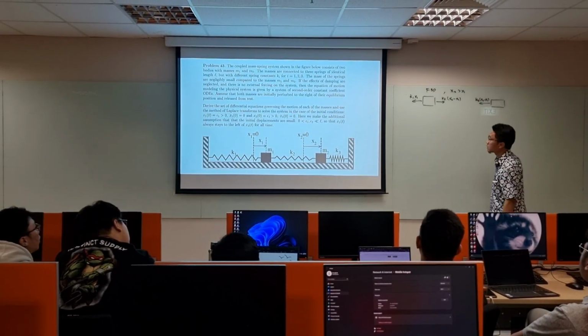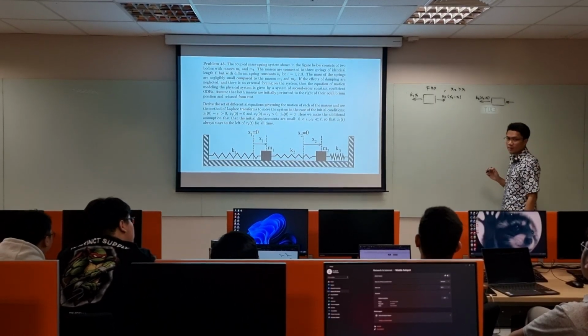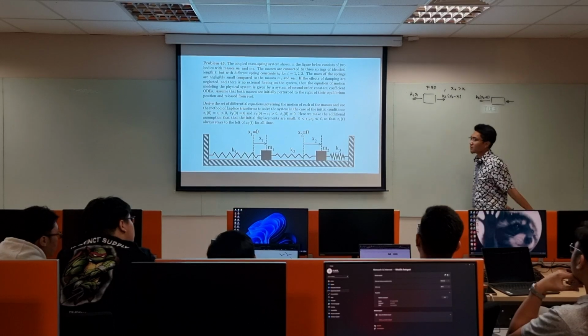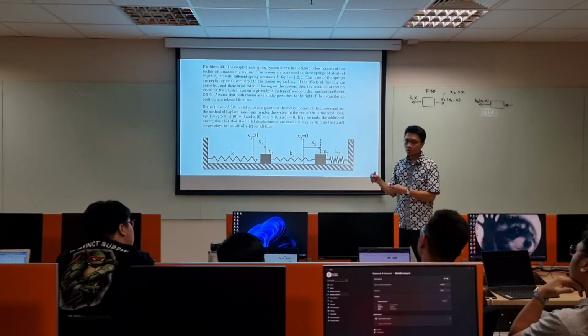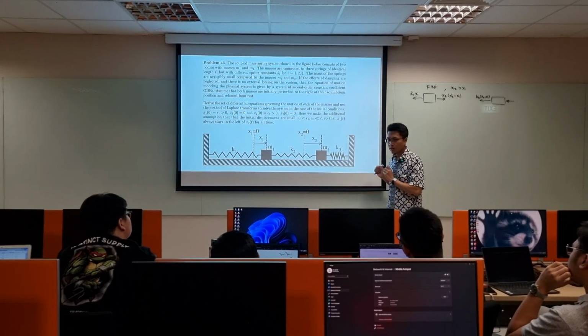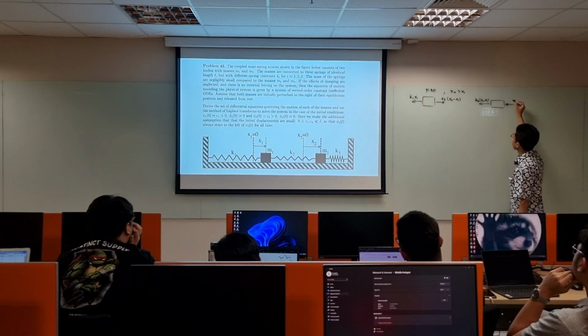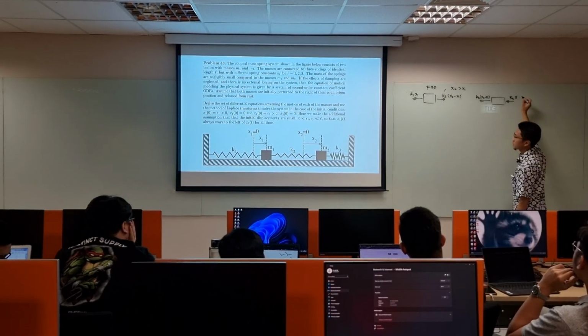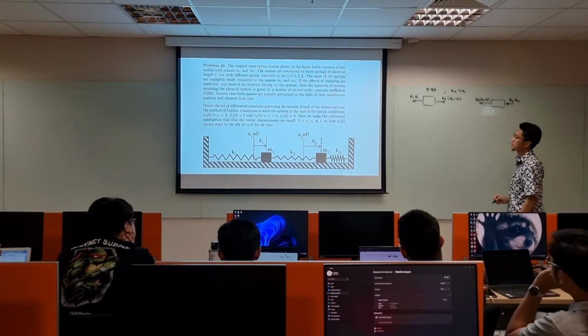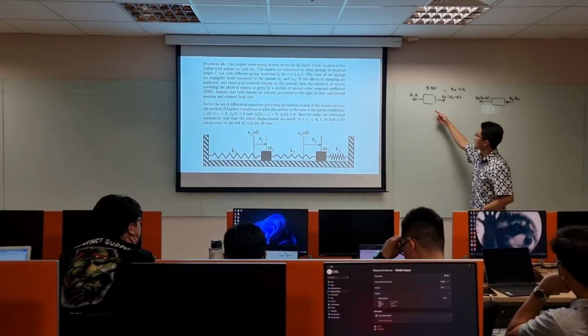What about K3? It pushes to the left. Basically the spring wants to go back to its original position, so it will be pushing mass 2 back to the left. So that's K3 times x2. So the equation here,